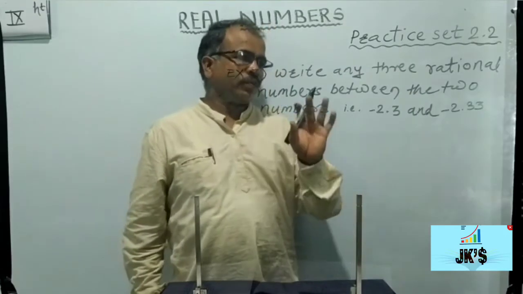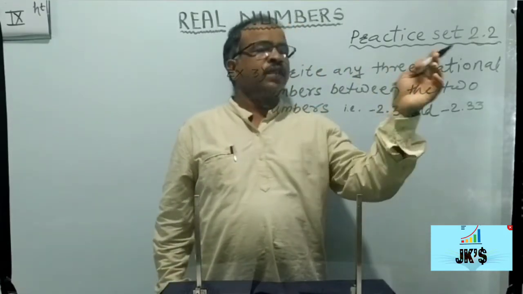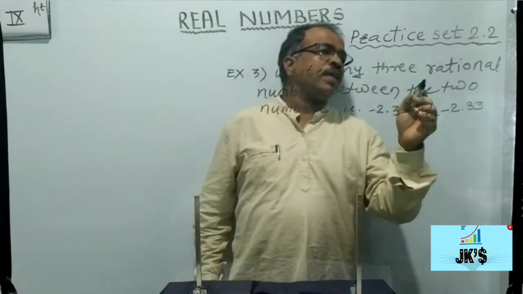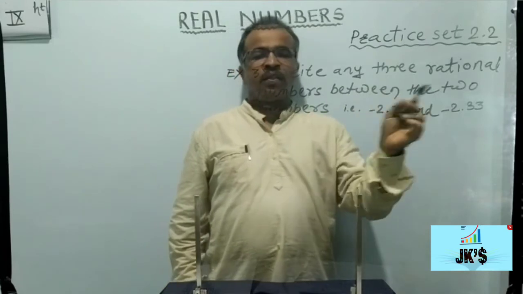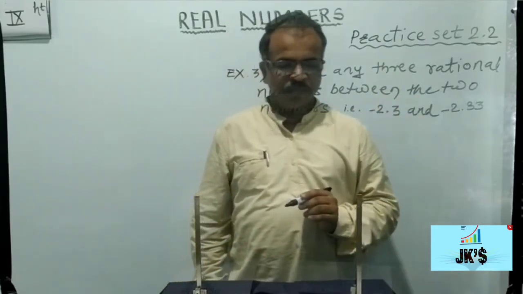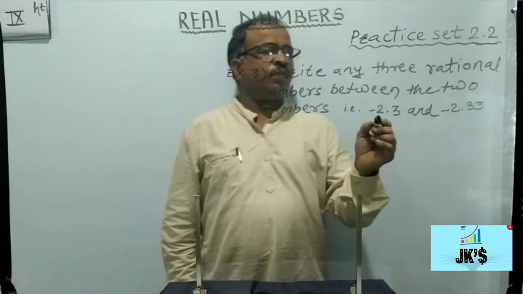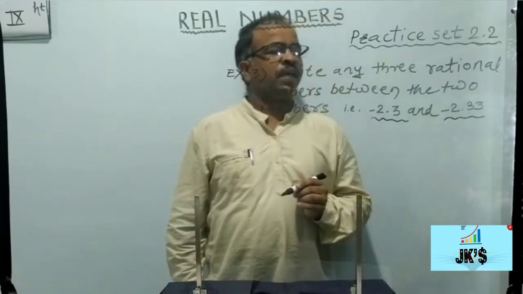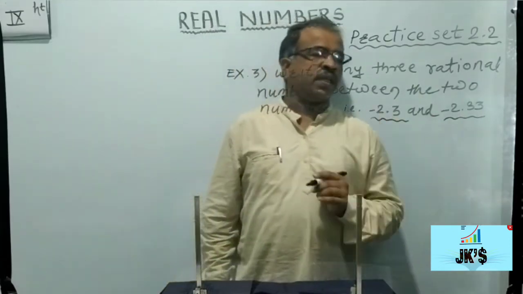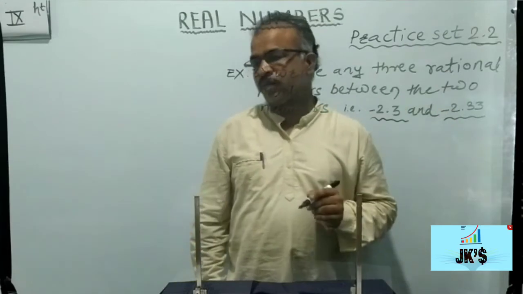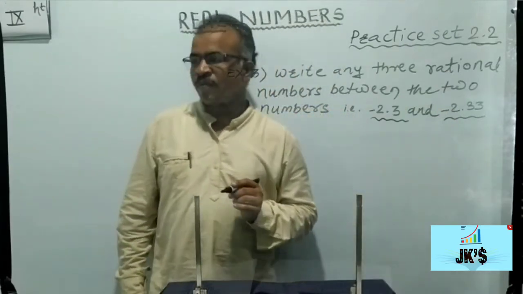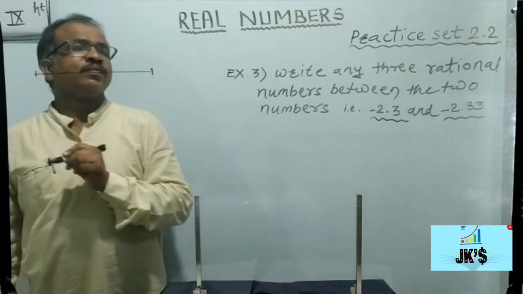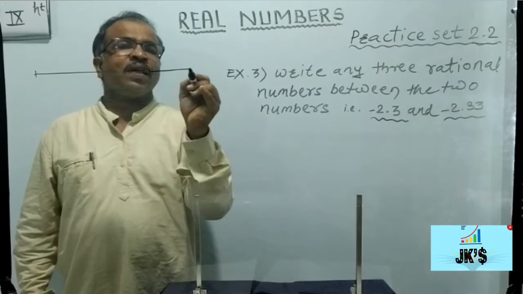Question number 3 from the practice set 2.2. Question 3 is, write any 3 rational numbers between the 2 numbers minus 2.3 and minus 2.33. We know that if any 2 numbers are there on a number line,